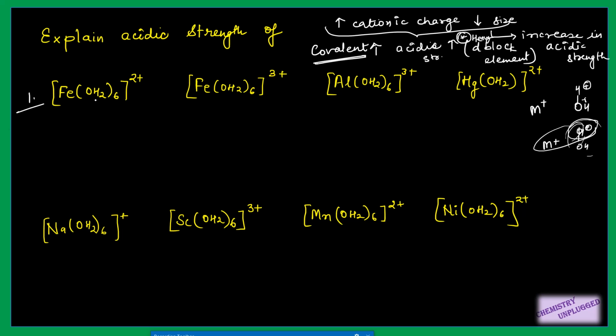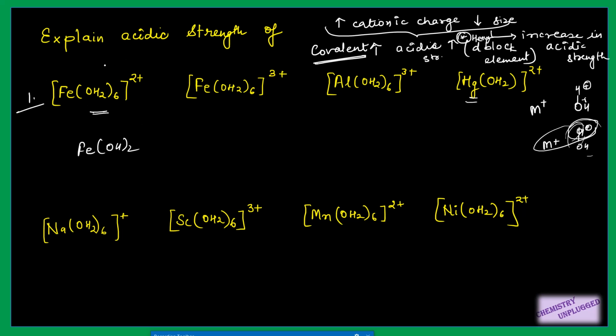First question is this one. You have to find out the order of acidic strength. First thing is we have to look at the charge. The charge is smallest for this one and this one, right? They both have +2 charge and these two have +3 charge, but this one is your heavy d-block element, so for it the covalent character will be much higher, that is why its acidic strength will be much higher. So the lowest will be for this one,